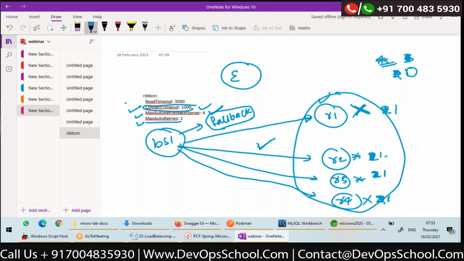Shiva, hi, this is Sujit here. So I have a couple of questions. The first question is, you said that when the booking service is making a connection to routing service 2 and it is down, before going to the next server, it has 2 retries for that particular routing service, right? Won't it complete both at once?